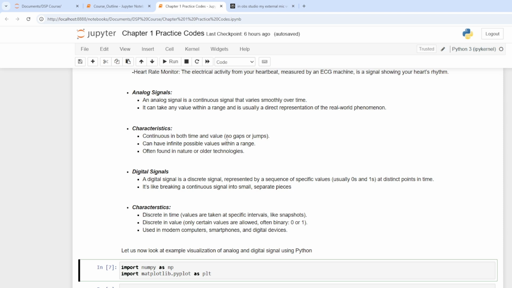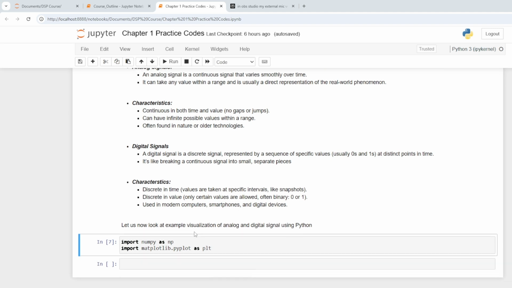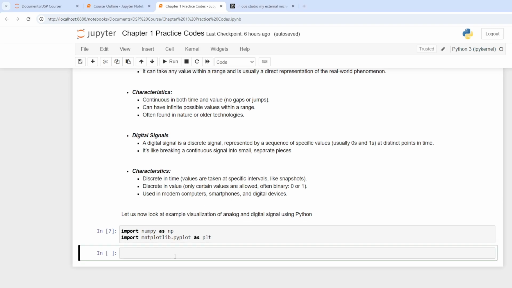So we'll be talking about these two types of signals which we have just talked about, which is digital signal and the analog signal. And today we'll code the analog signal and the digital signal in Python to see how they look. For this we use Python, which is a fantastic programming language, easy to use and easy to learn, and it has amazing libraries that are used to code these signals and plot them, and one of them is NumPy, and also the Matplotlib library which you use to plot the signals.